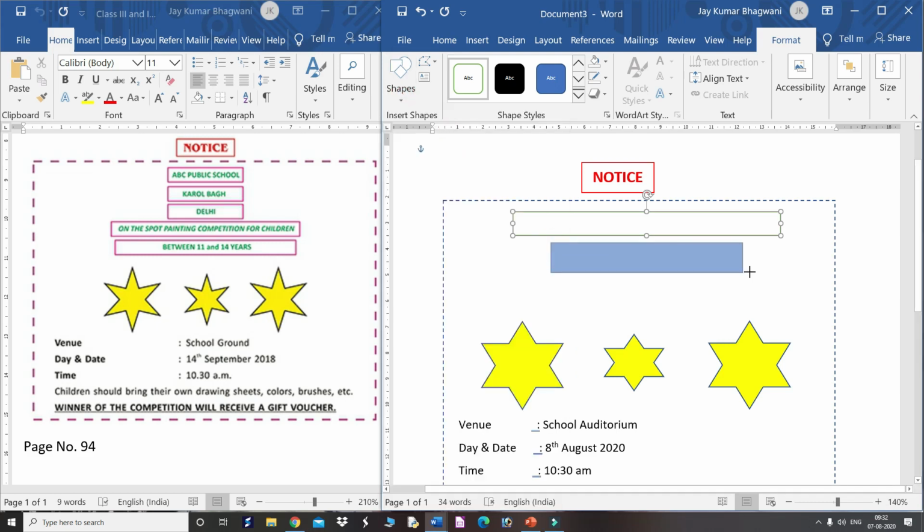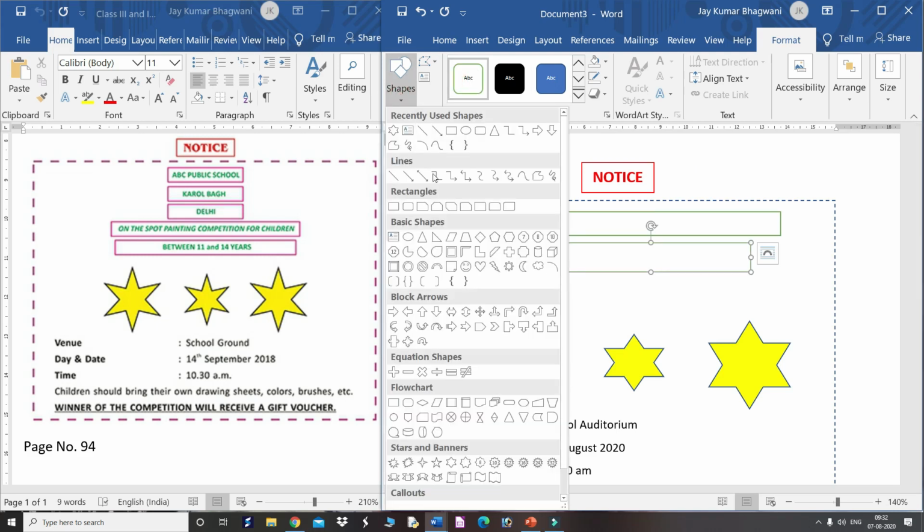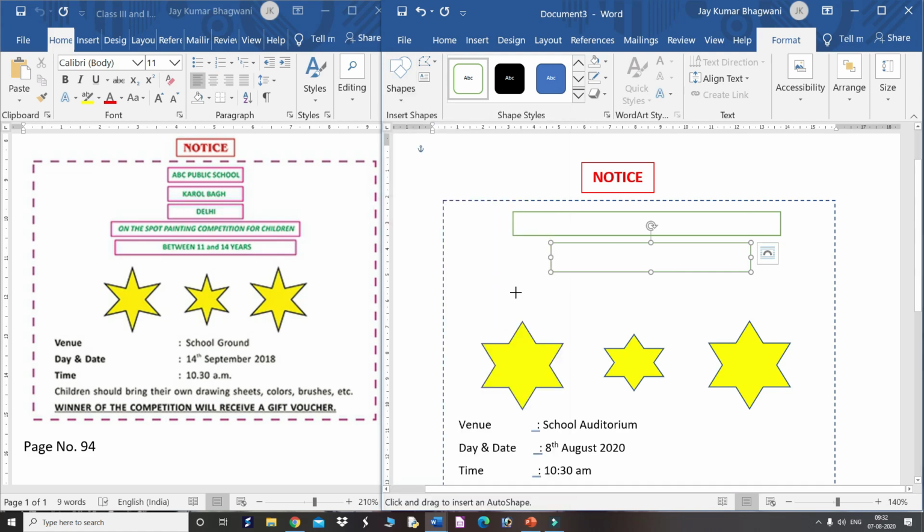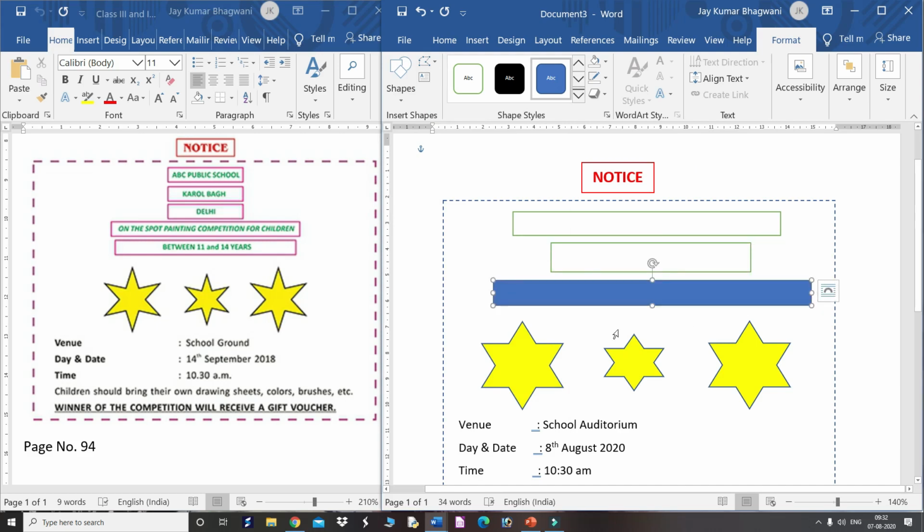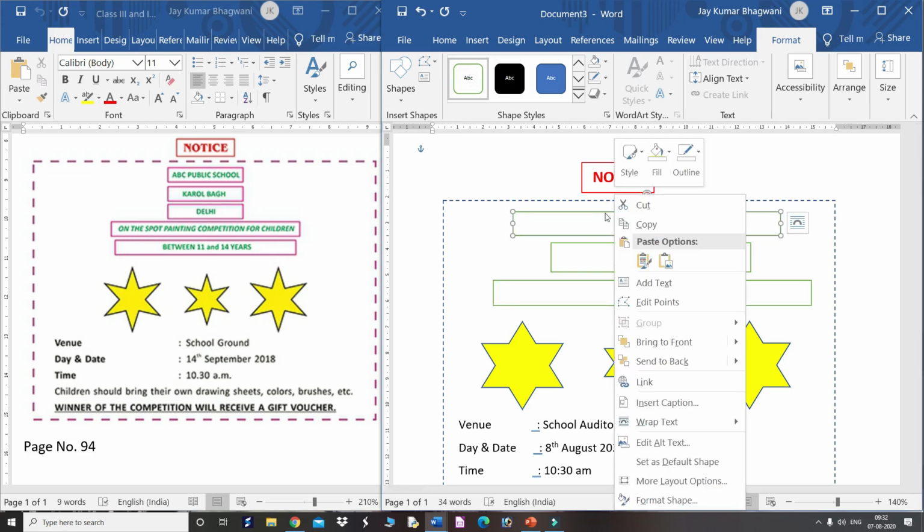The second is for the address. Just make it this one again. Then again take one more shape for the competition writing. Again use this one only. And after that just right click on this particular shape and the option is add text.